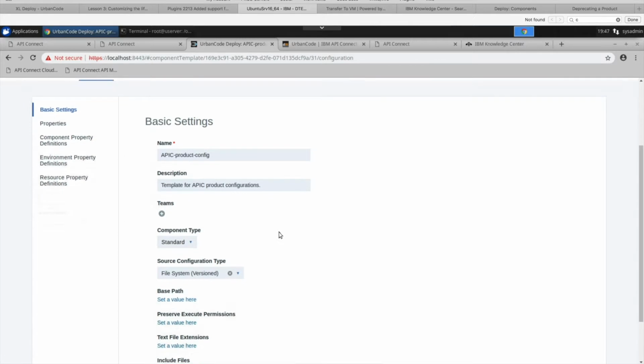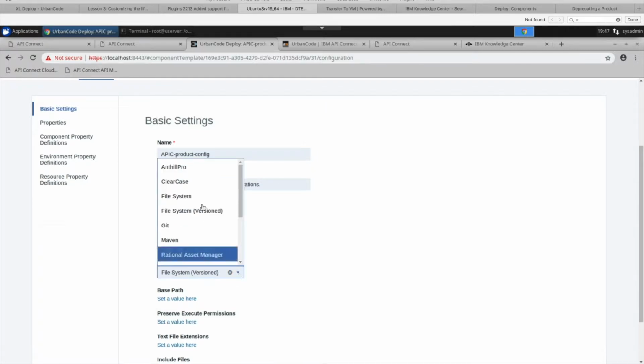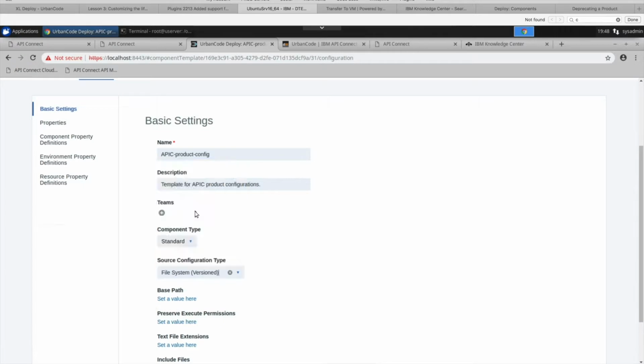So the first thing you'll notice is the source configuration type. This is just how I've chosen to pull in my YAML files. I'm just using the file system version plugin. And there's a little bit of a difference between file system and file system version. Mainly, file system version is going to use directories as version names, which I like because of the way that I'm